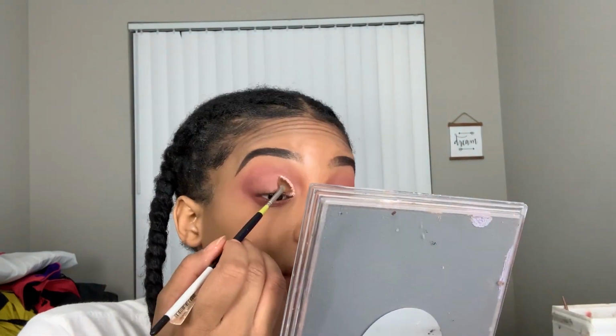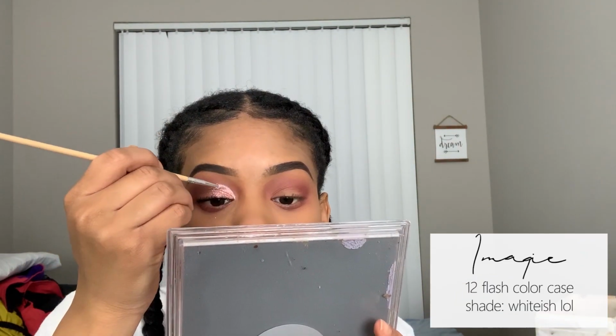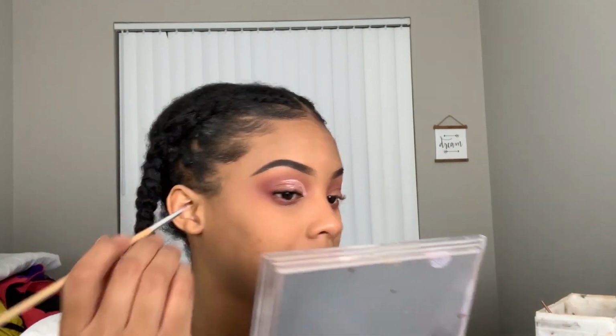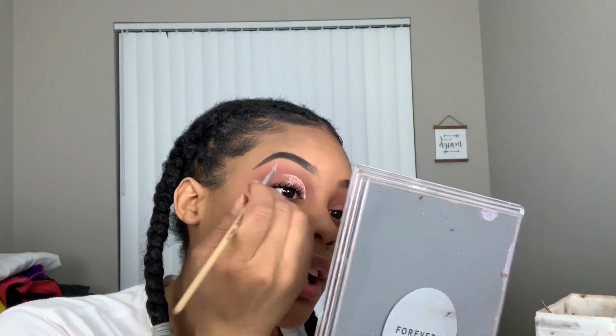Alright, here's the glitter. I'm just gonna line this up, be super basic, but I'm gonna line it up because I just don't like that you can't see a distinct line between the two colors. I wanted it to be white, but that's not white anymore. So it's kind of a grayish purple lilac-y color. Whatever, it still works. I'm just gonna continue this line because